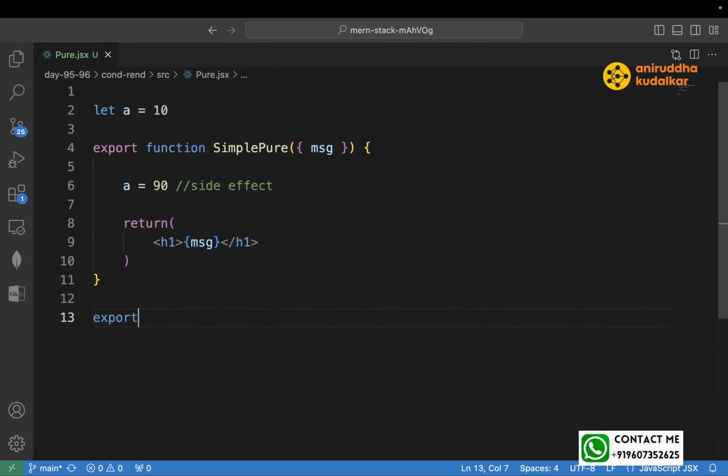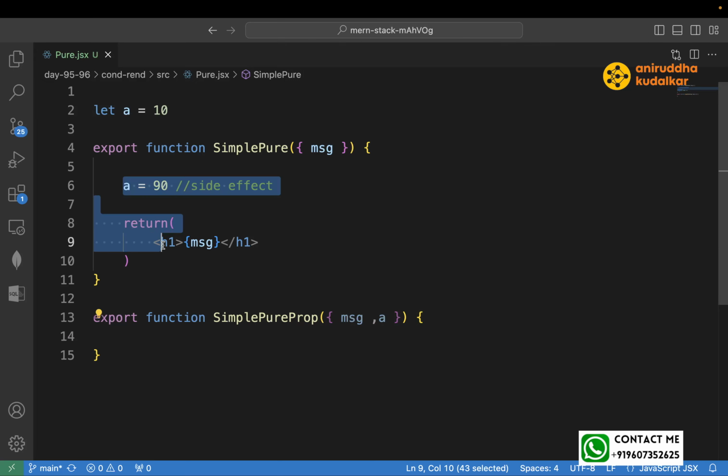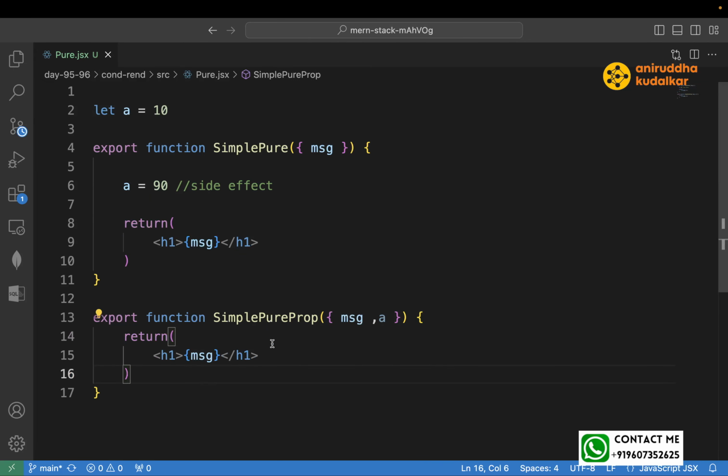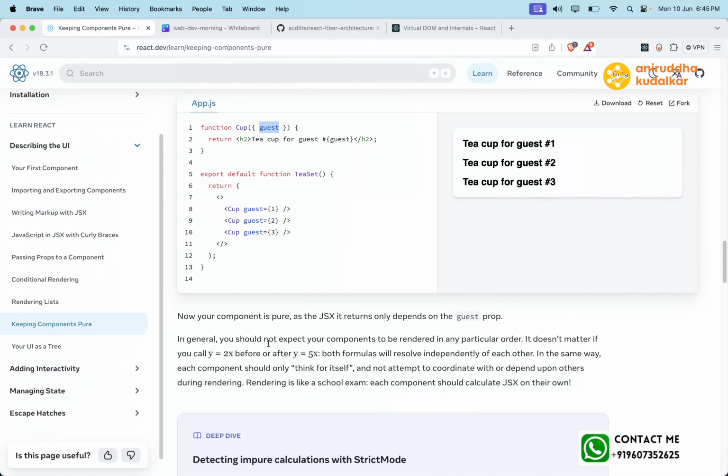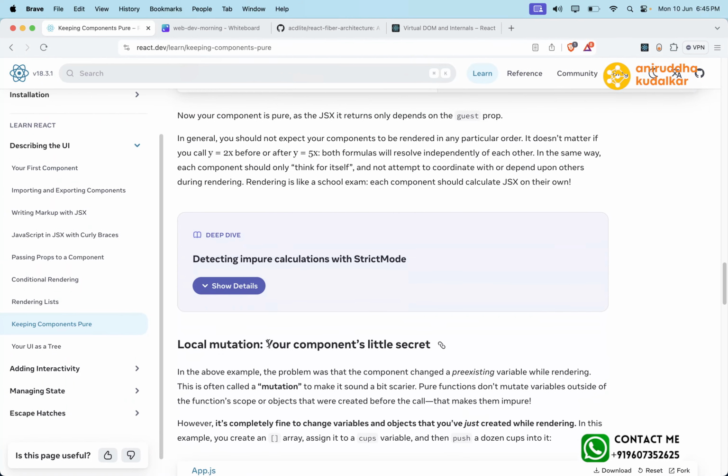Export function simple pure with props msg and a, and it should not modify the a, remember that. Rather it should simply use the a. It should not modify the value of a. Okay, now